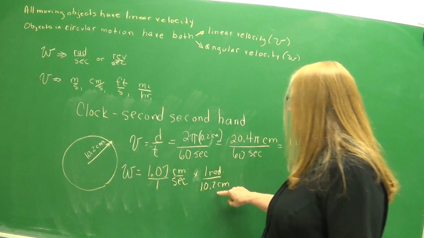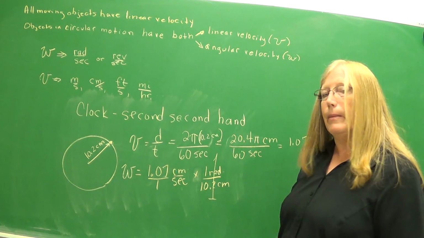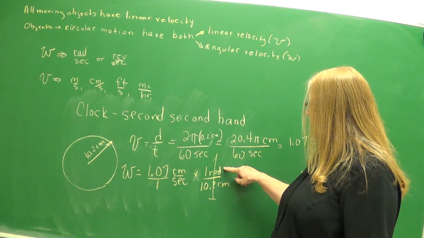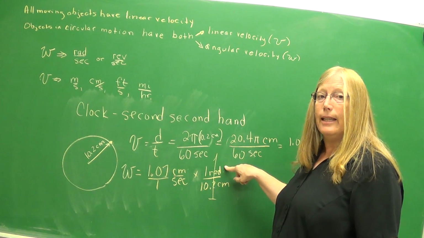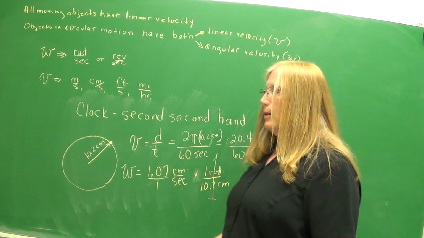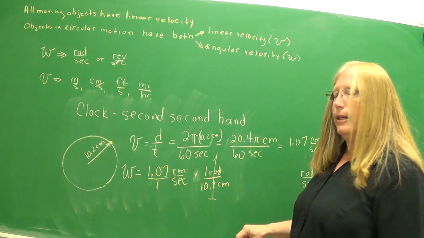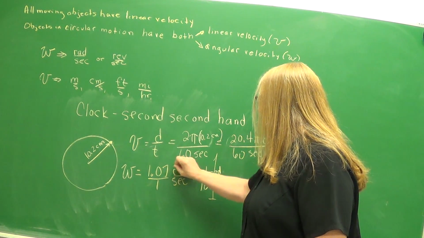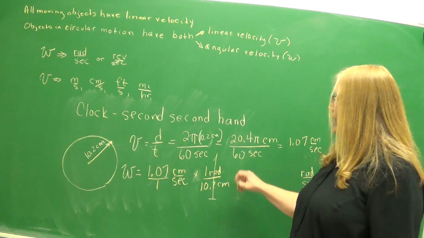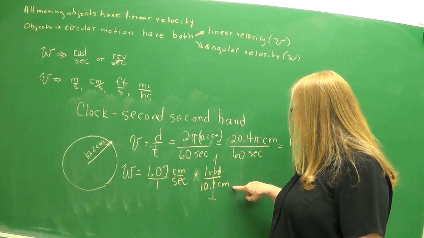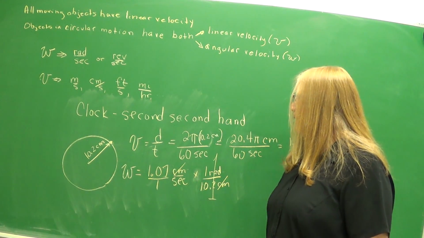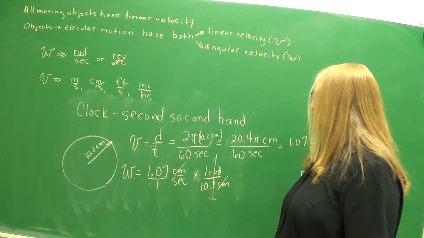Do you see how this equals 1? I can multiply anything by 1 and it doesn't change the problem, just the form. So 1 radian, or 1 radius, is the same as 10.2 centimeters in this problem. So this is just a big fat 1. We call it a unit multiplier. Why did I choose that? Well, I knew I had to get from centimeters to radians, so I took a unit multiplier with centimeters and radians in it. And centimeters will cross out, and then we have left